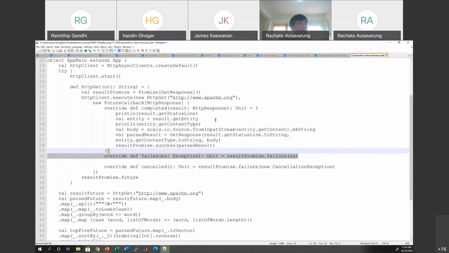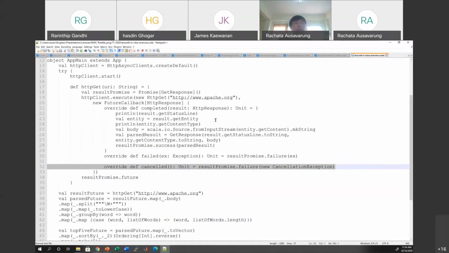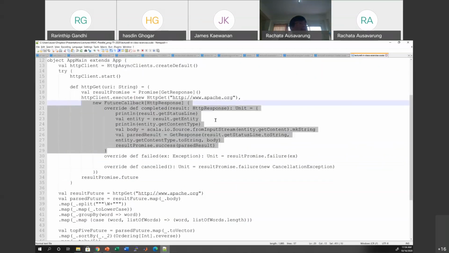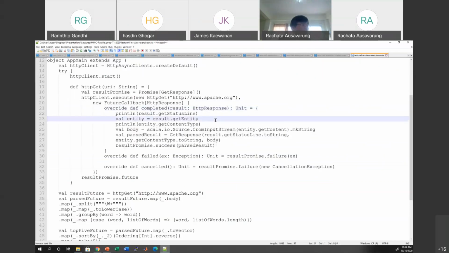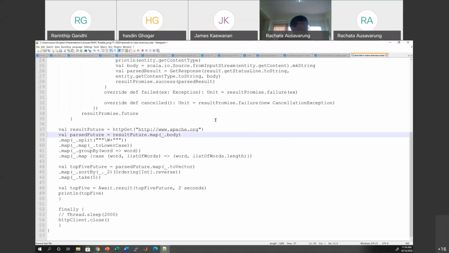So when you have a failure here, in this case, you return the promise failure, which is basically I cannot access the website. If someone cancel, then you raise a new cancellation exception. Otherwise, you return the website. So this is what the big block is for. Once you have that, basically the rest are parsing. It parses all the tokens. Once you have all the words, you put those words in